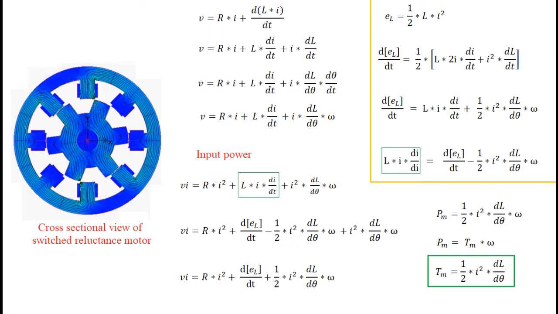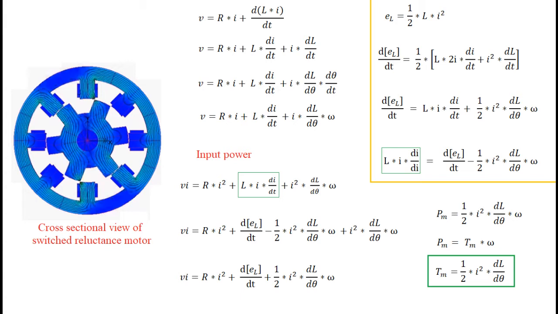Let us write an equation relating supplied voltage and drops in winding resistance R and inductance L. This equation is shown on slide in the next column. The equation in the next step is in the expanded form since inductance is a function of rotor angle theta. On including angle theta, the equation changes as shown in the next step. Since d theta by dt is angular speed, we generally express it as omega, so equation changes as shown in the next step.